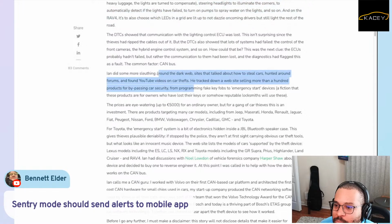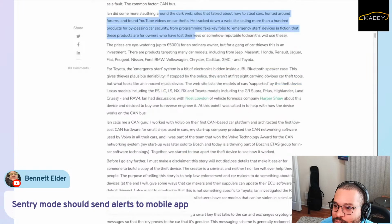Ian went around the dark web on how to steal cars, hunted around, found YouTube videos on car thefts, and tracked down a website selling a... what do they call it? An emergency start device. A fiction that these are products for owners who've lost their keys or somehow reputable locksmiths. I can say reputable locksmith doing it, but at the same time,